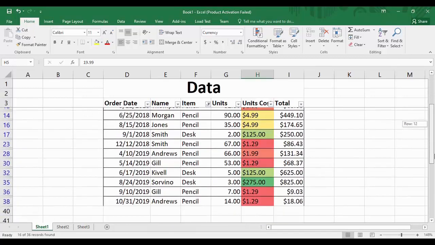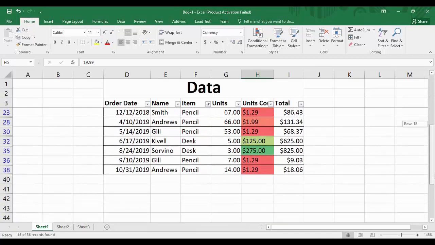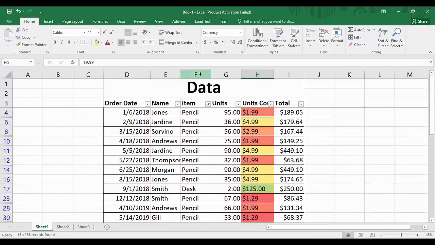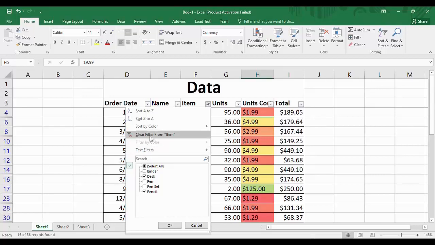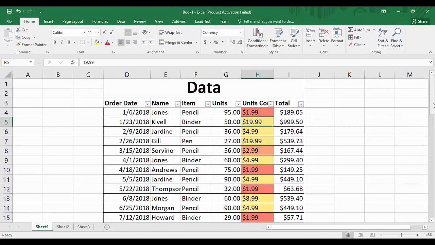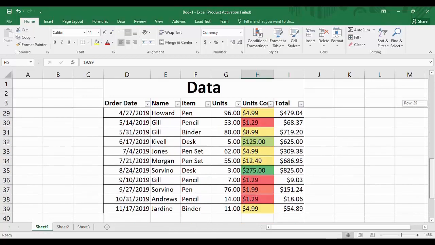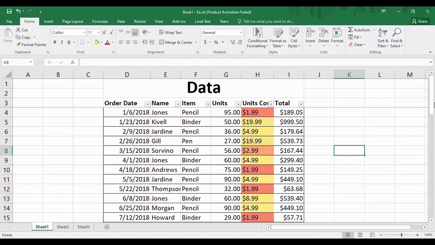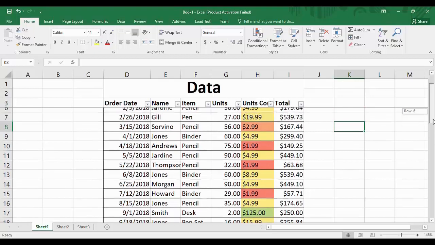Then only those records would be visible which have the data as desk or pencil. If you want, you can clear all the filters like this, and all these records would be visible once again.